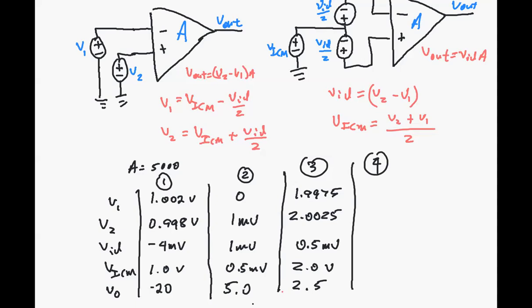If we're given VICM is 2 volts and the output is 8 volts, well, on the basis of that, we don't know VID yet, but we know this equation, we know V out and we know A, so we can find VID. And VID then must be 1.6 millivolts. And once we have VID and VICM,